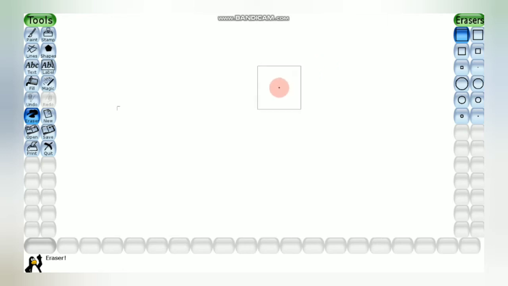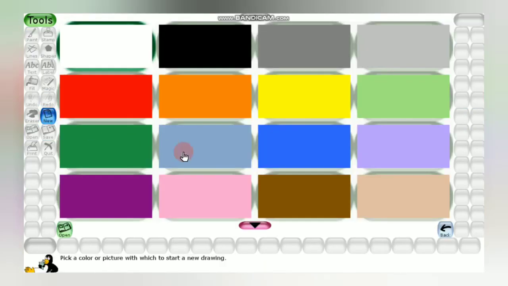One more thing is there: beside the eraser there is the new tool. If you have made a wrong drawing or you don't want it, or you want to take out a new page, you just click on the new option from the toolbox, and you will find various colors of pages.